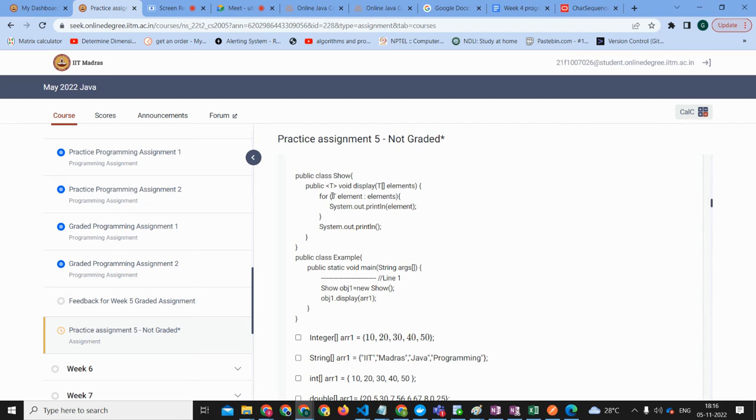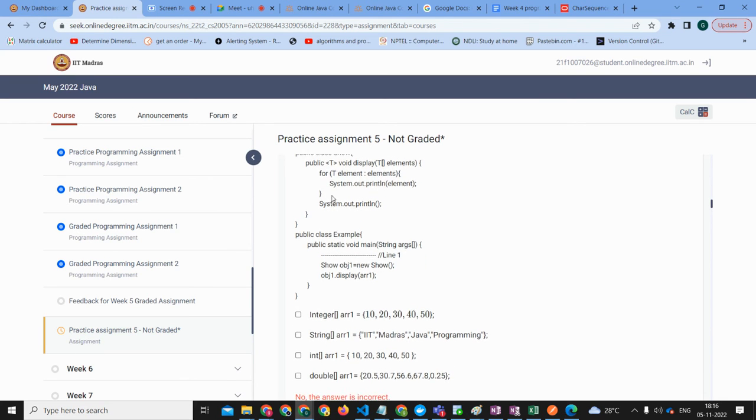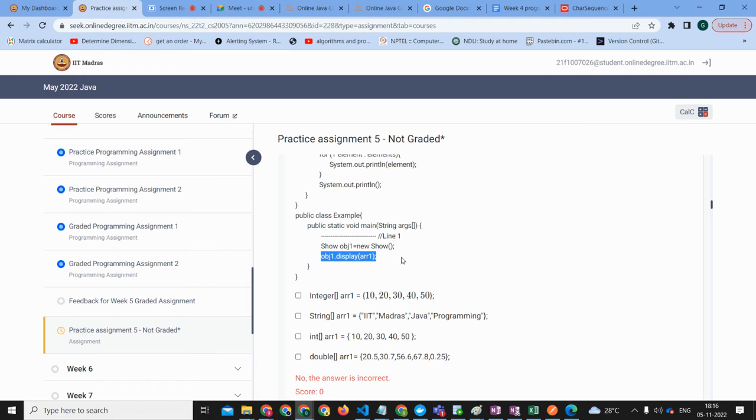For T element in elements, System.out.print element. For each element, it will print the element. Correct. System.out.println, then it will go to a new line. Correct. Then what we are doing is first